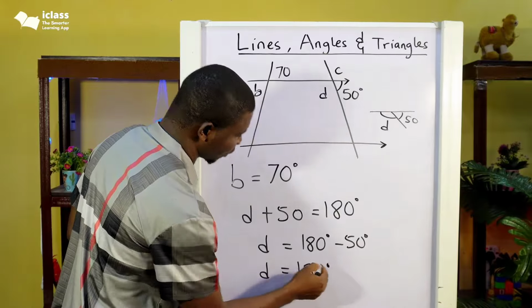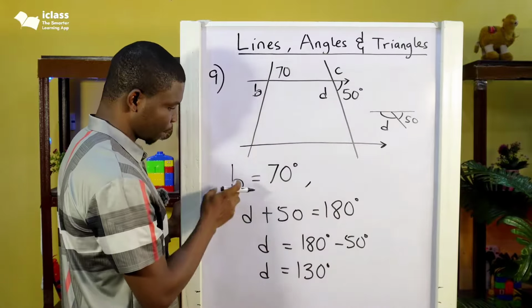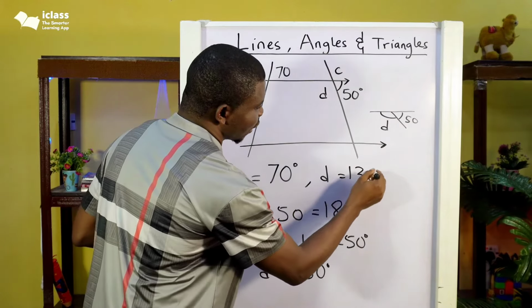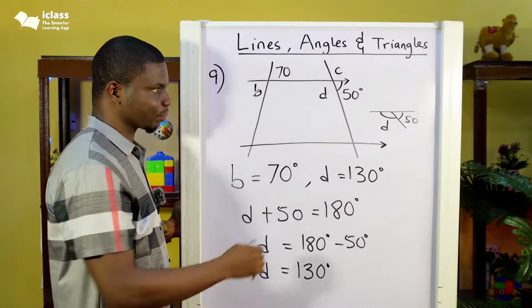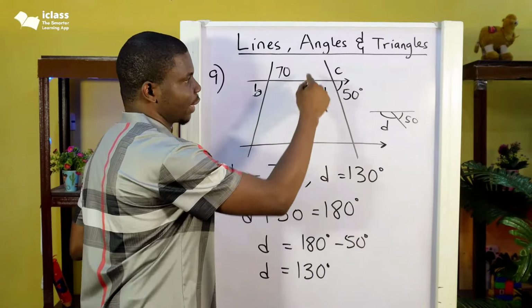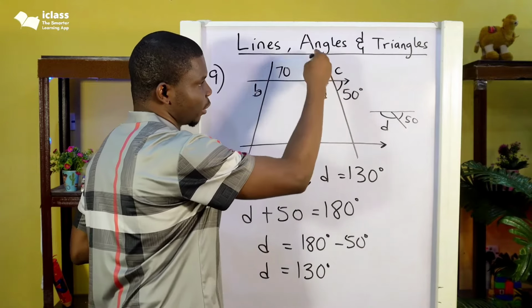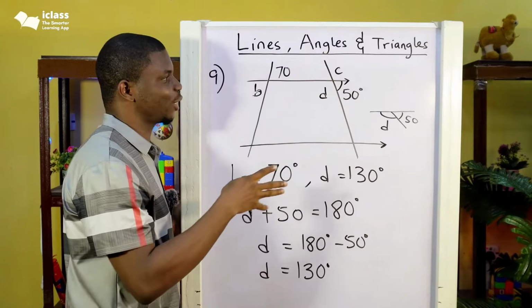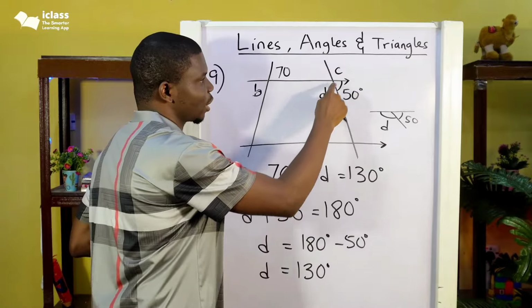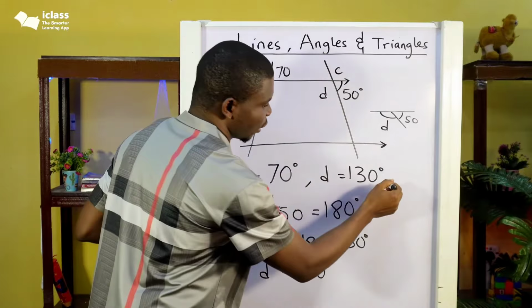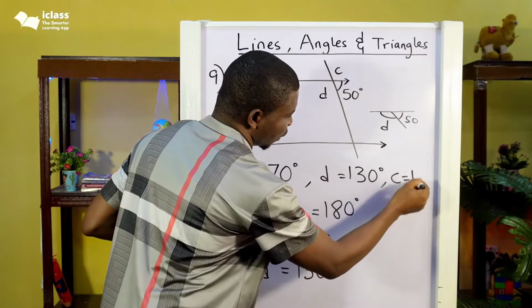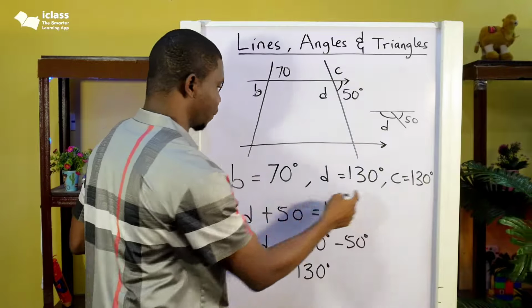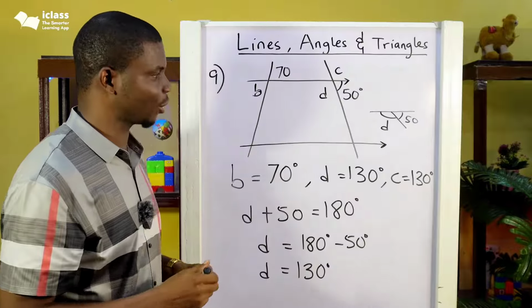130 degrees. So we found our value of D as 130 degrees. Now let's get the value of C. Look closely, you see that this is a straight line, another straight line, they cut themselves. So this and this are what? Vertically opposite. So D is equal to C, or we can say C is equal to D, which is 130 degrees as well. So we've gotten all angles